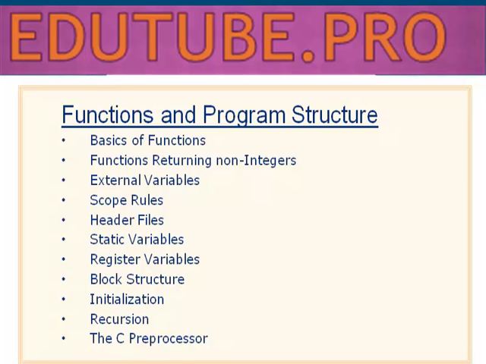We've already seen how to do a pound include of standard I/O, but we'll look at other header files and what the different characters, the less than and the quotes and things like that mean. Static variables, we'll look at those, and register variables, which you may not get to use in your particular compiler, but the C language still has the word for them for register variables, and I'll show you what they are